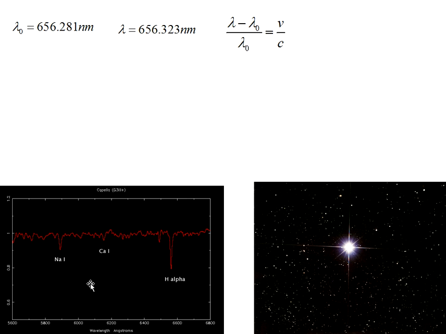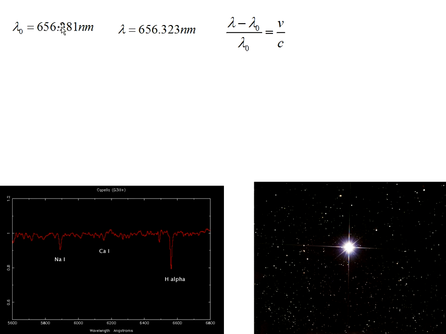So just to put this in perspective, this 6,000 angstroms is equivalent to 600 nanometers. This 6,600 angstroms is 660 nanometers. So it makes sense that H alpha 656 is just a little bit to the left of that marking of 660 nanometers. Anyways, in the spectrum of this star, it's observed that this H alpha absorption line right here